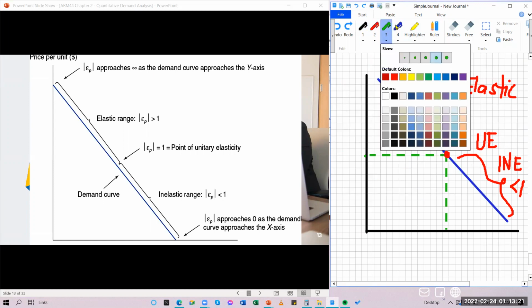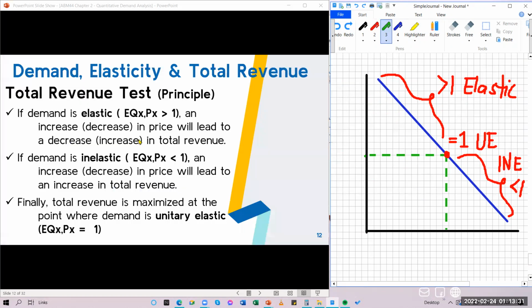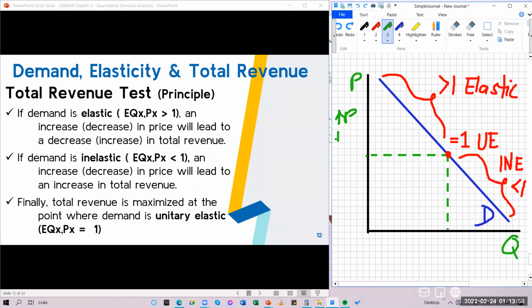Okay, let's use this one, the green. So with elasticity, as it has been interpreted with regards to total revenue, you all know price and quantity. The blue one is the demand curve. Don't worry. Under total revenue, if it is greater than 1, as you can see, if the price increases,